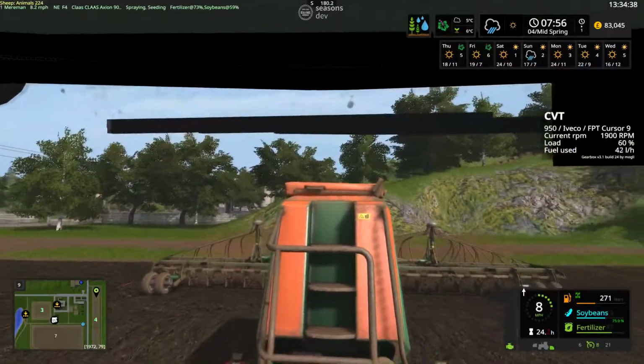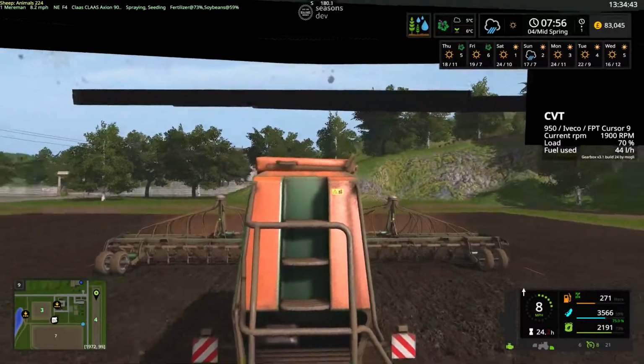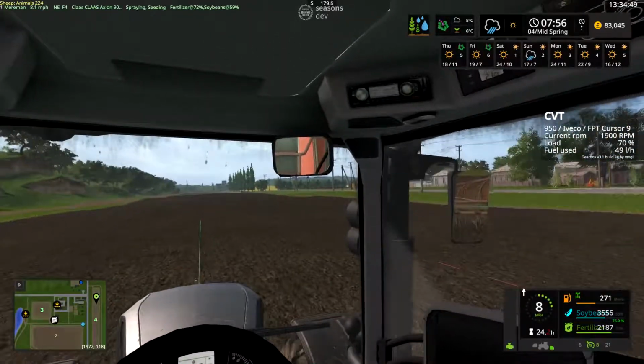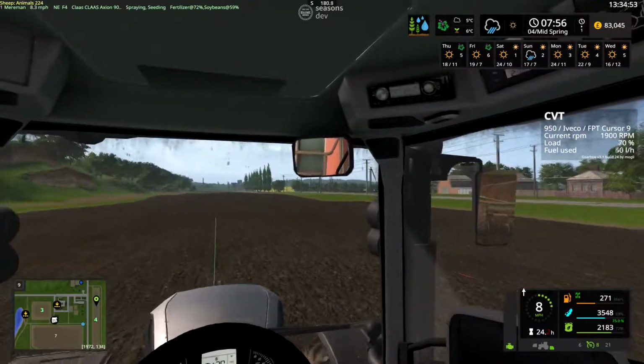There we go, we're in again. It's not bad speed on this old thing. It's 8 miles an hour. I can live with that. Yeah, I'm still using miles an hour. I can't quite get my head round